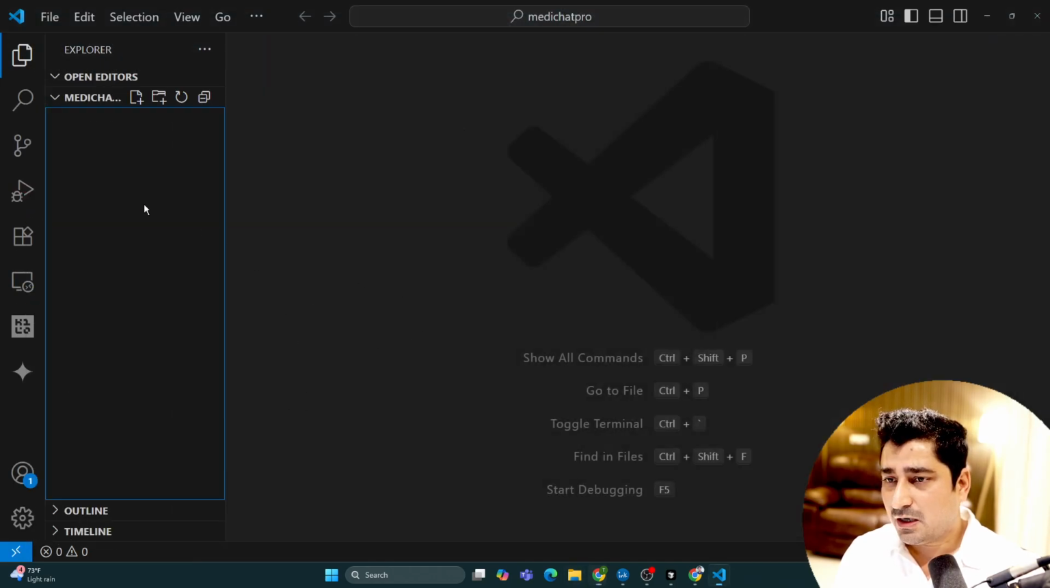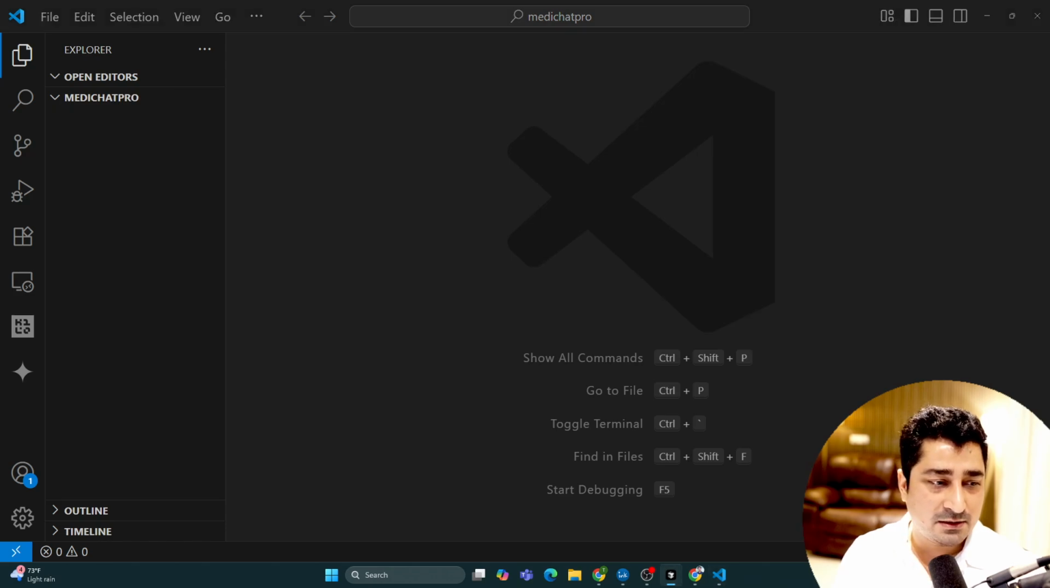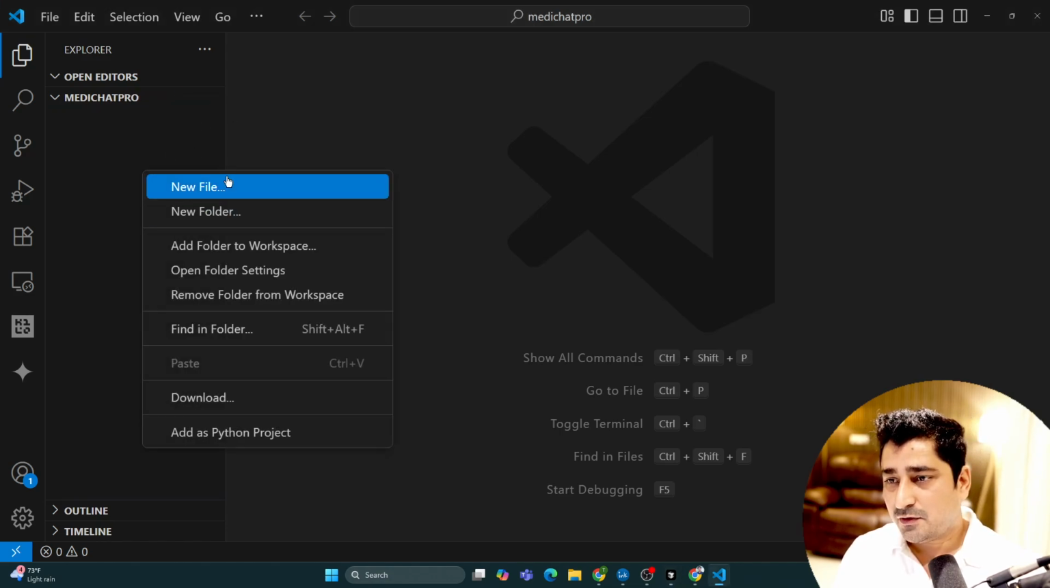Now, coming back to our VS Code. Here, first of all, we have to do a project setup. Unless and until we are able to do a project setup, I will not be able to perform any of the operations. So here, first of all, I'll try to write